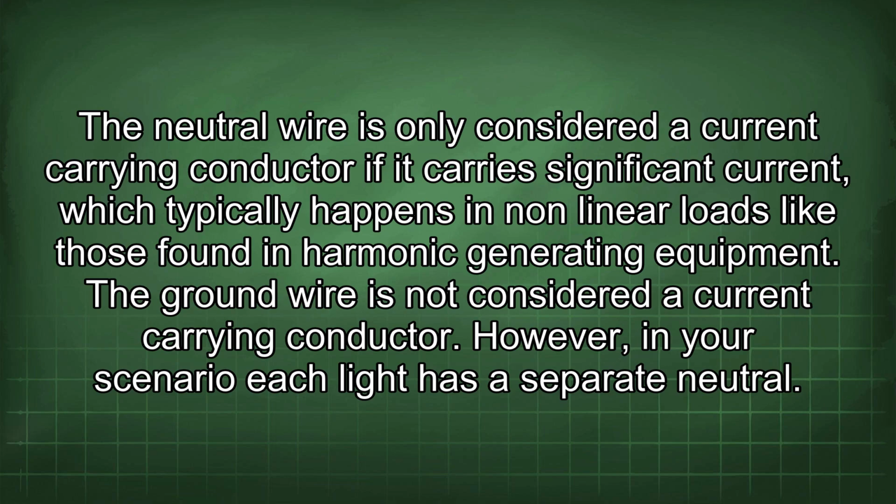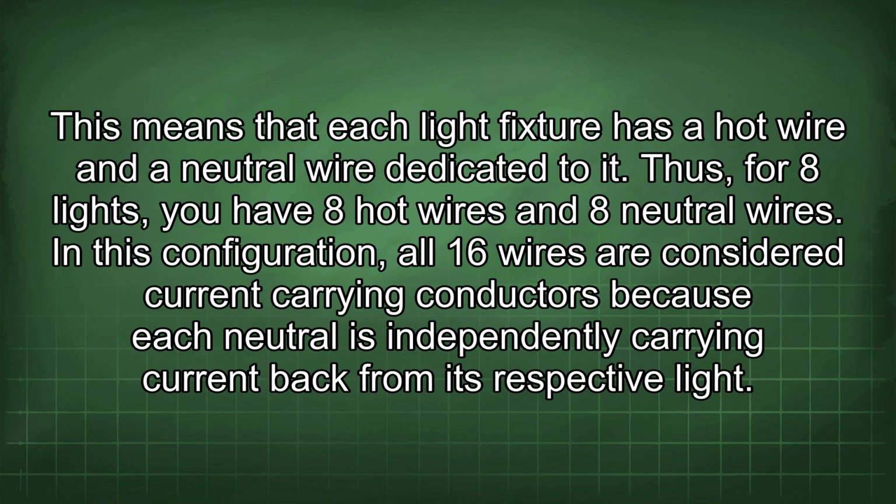However, in your scenario, each light has a separate neutral. This means that each light fixture has a hot wire and a neutral wire dedicated to it. Thus, for 8 lights, you have 8 hot wires and 8 neutral wires. In this configuration, all 16 wires are considered current carrying conductors because each neutral is independently carrying current back from